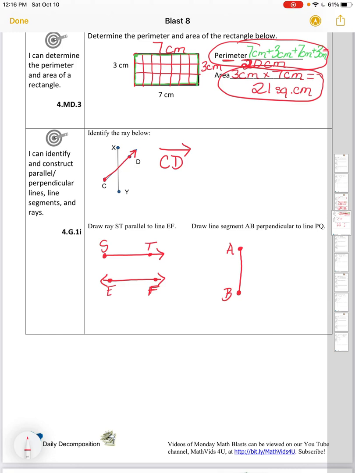Perpendicular means to intersect at a special point that creates right angles. So we're going to intersect here. That's creating right angles. And it needs to be line. So we're going to have arrows at both ends. PQ. And again, since the ends are the same, I can put PQ in the order that I have it here, or I could flip those letters. Now line segment AB is